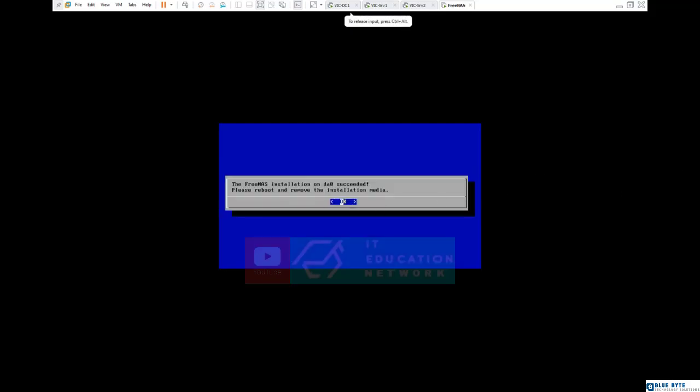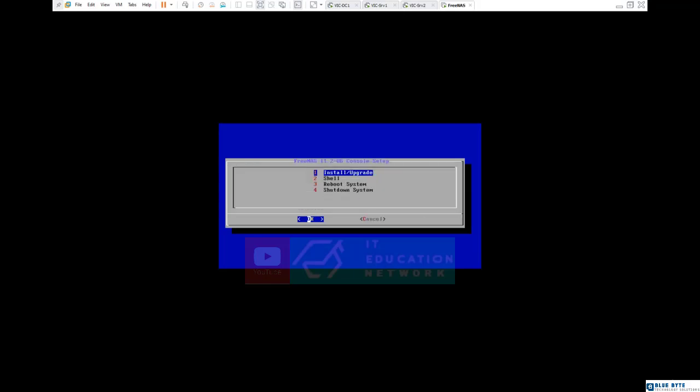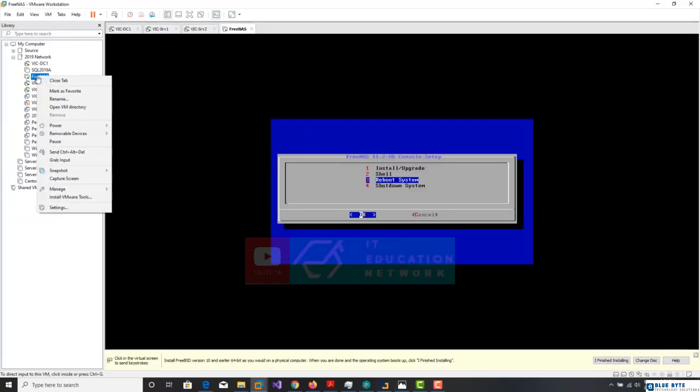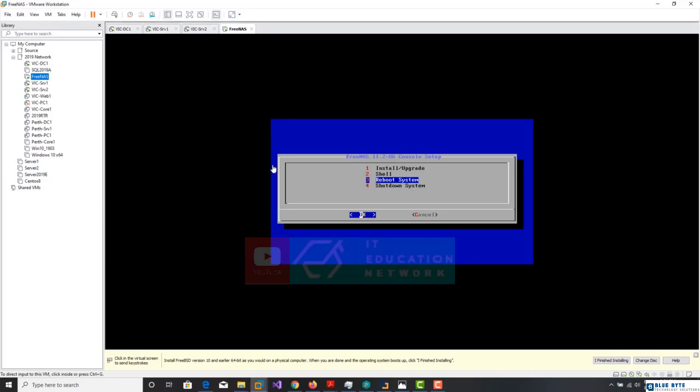And the installation on DA0 is succeeded. Hit enter now to restart your device, and we need to reboot, and make sure your ISO image is not attached to the device anymore, because I don't want to boot from the ISO image. Access to FreeNAS settings,